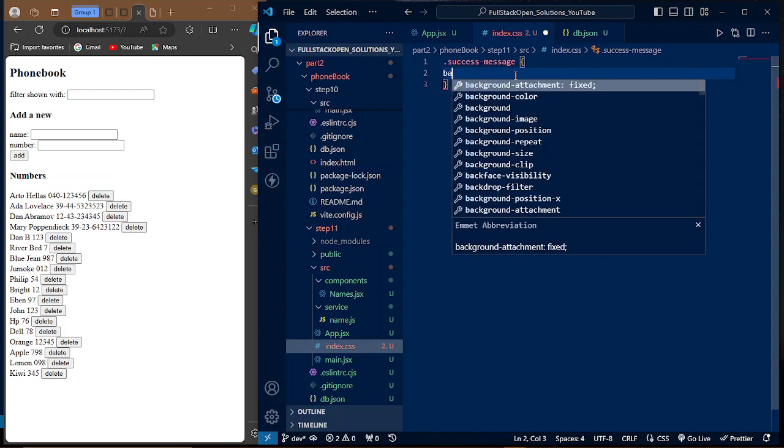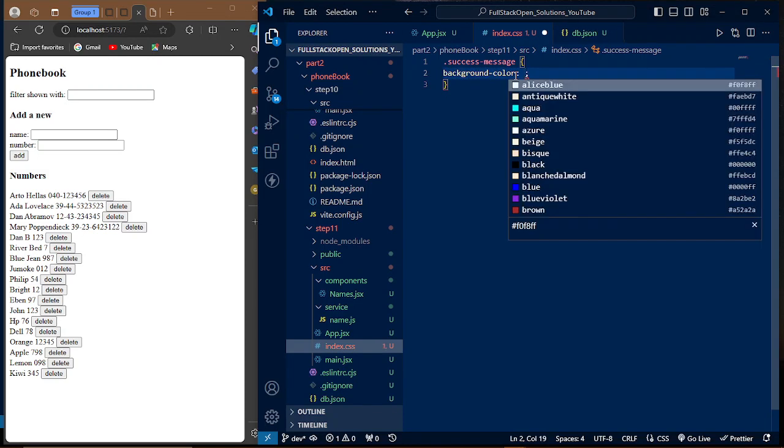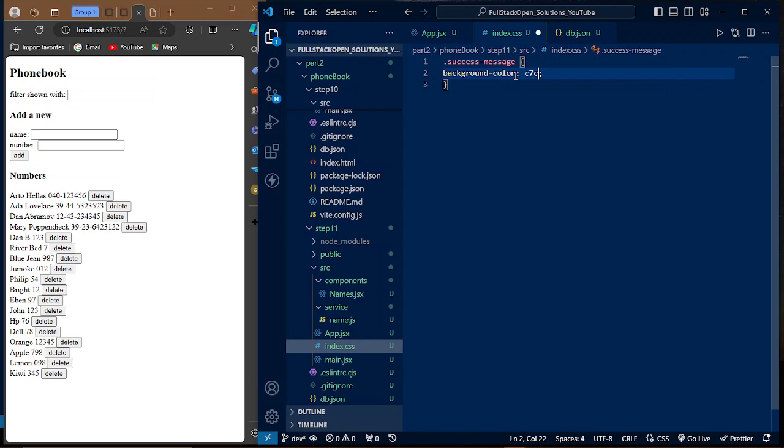So let's say background color. Let's give it C7, C5, C5. All right, so we put a hash before it. That's very important. All right, so this is the background color we have. It's a shade of gray, I think. So we want to also give our text here, the notification,